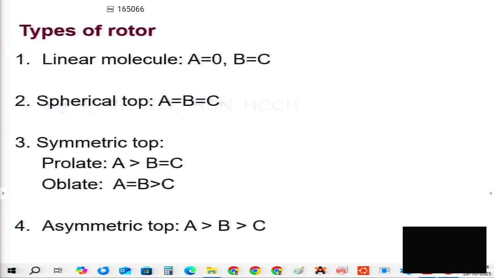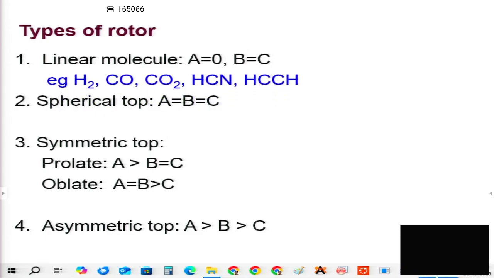So to give you some examples, linear molecules, anything diatomic, obviously. So H2 and CO, but there's a whole bunch of polyatomic linear molecules, CO2, HCN, acetylene. Actually, astronomically, a whole series of molecules, HCN,